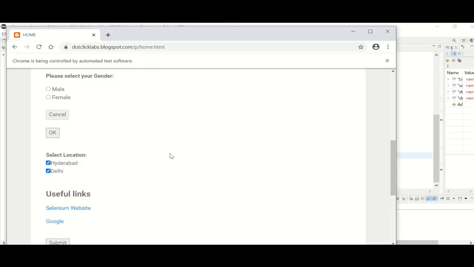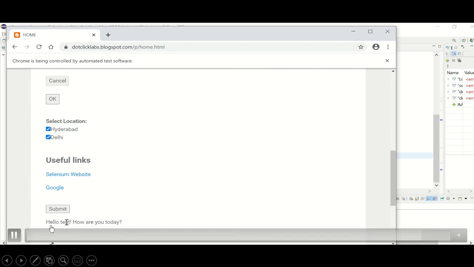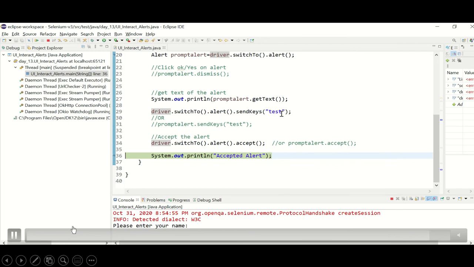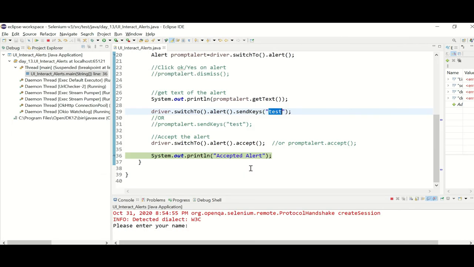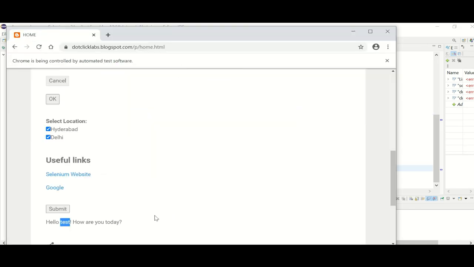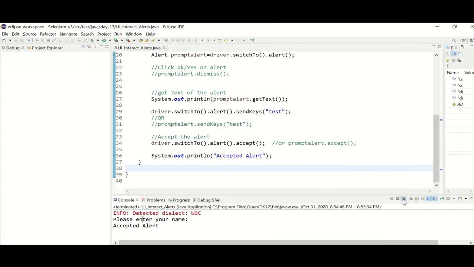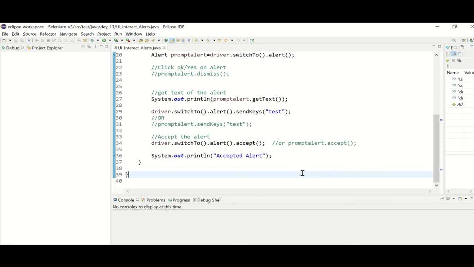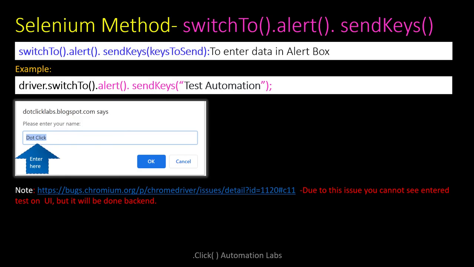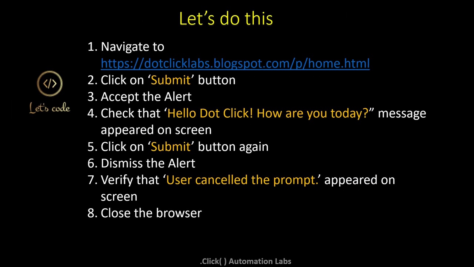Okay, so entered and accepted alert. You see alert test because this is the value which we entered and it appeared over here. This is the value. Okay, so alert test, or any some XYZ. How are you today? So this is how you can switch the WebDriver focus to alert and send keys to the alert. So this is about send keys.